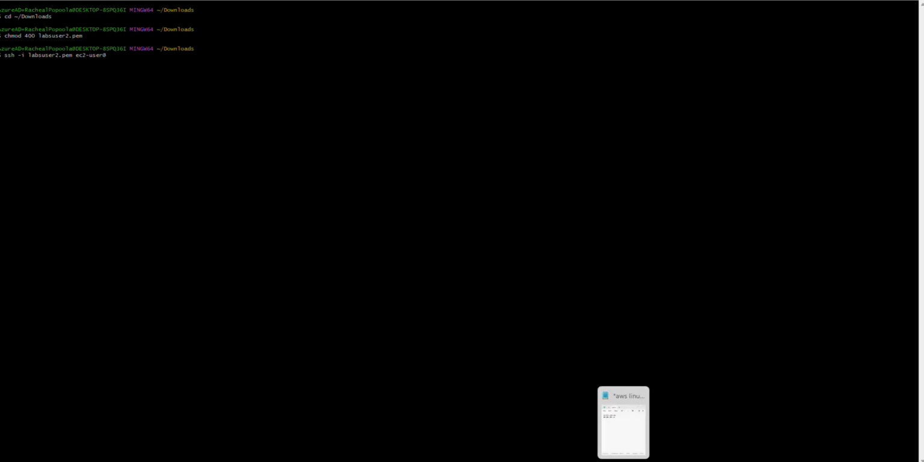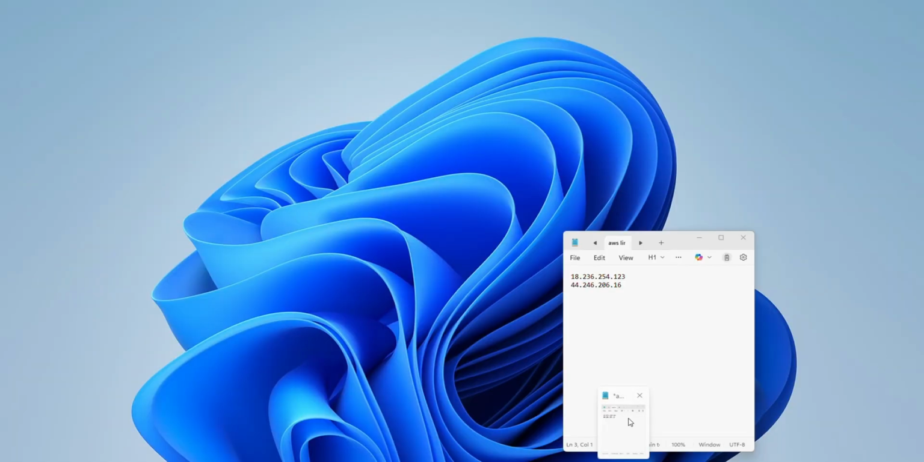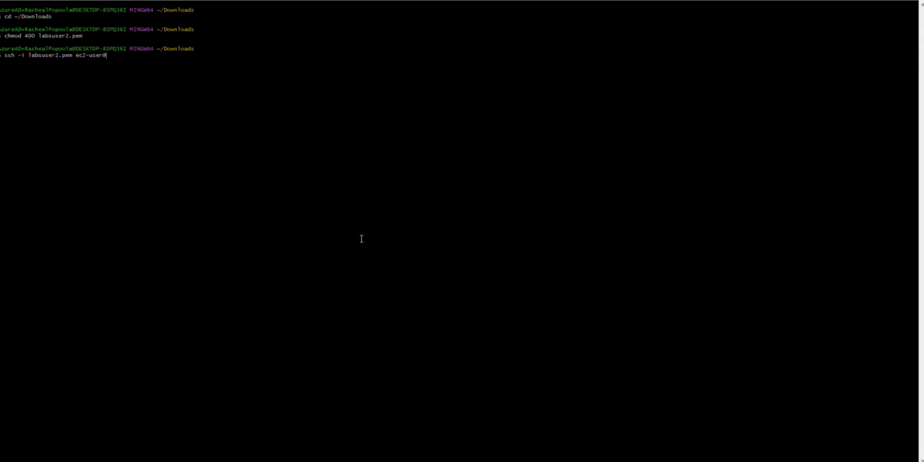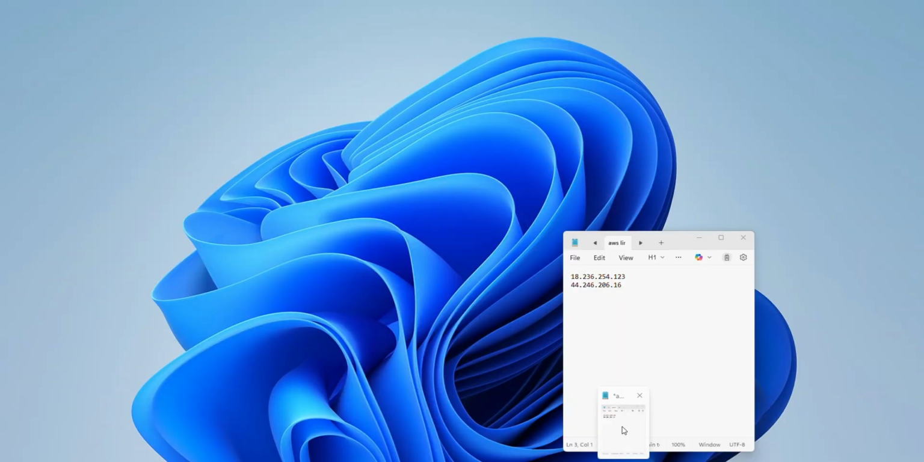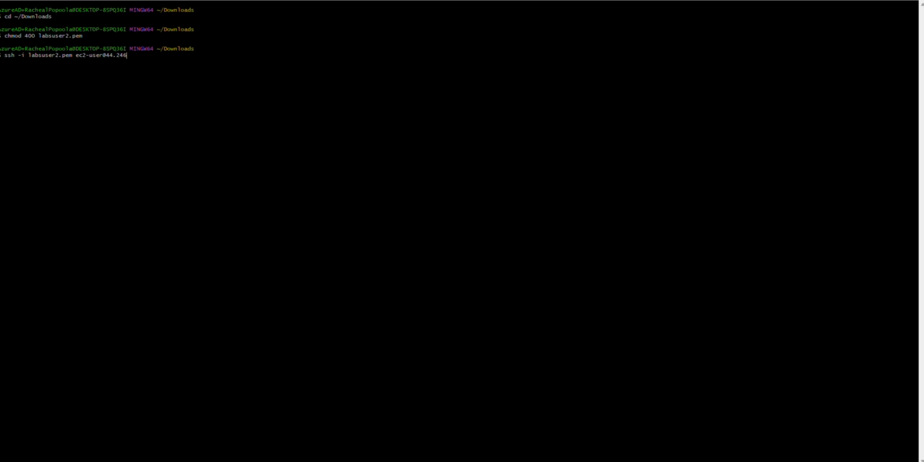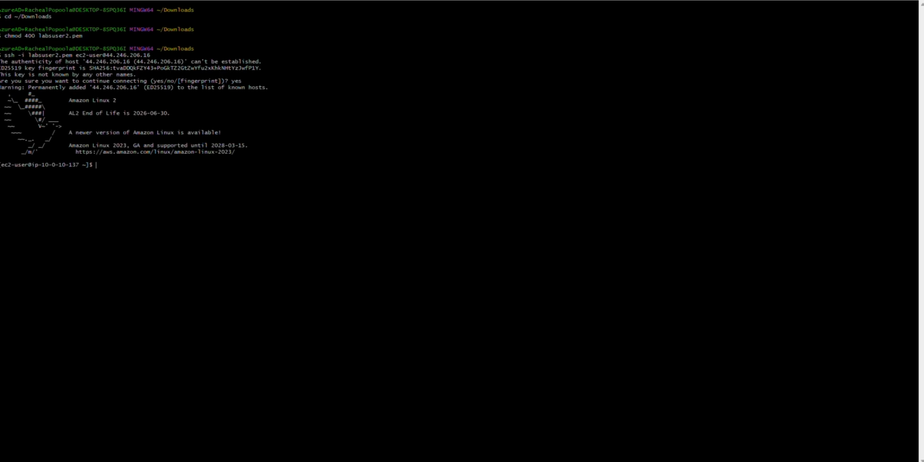Like I said, my drivers are not updated, so I have to manually input my public IP address into this terminal. Yes, then we are in. Our first command that we'll be using is